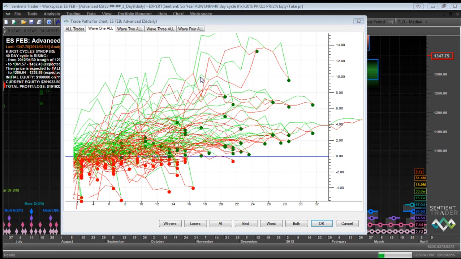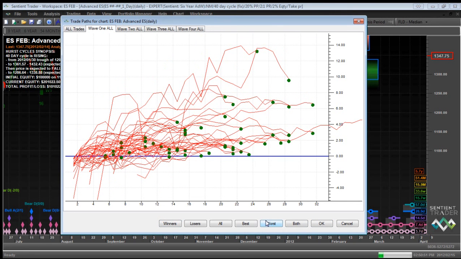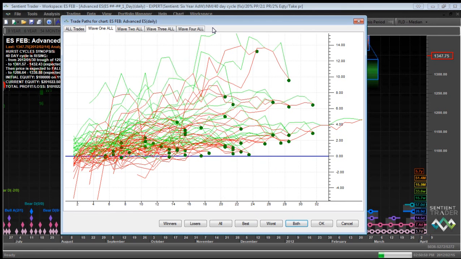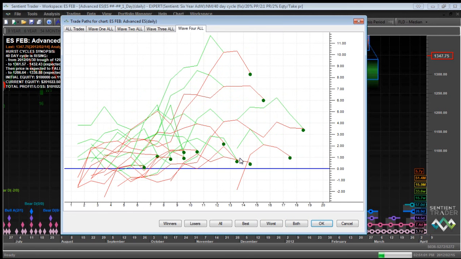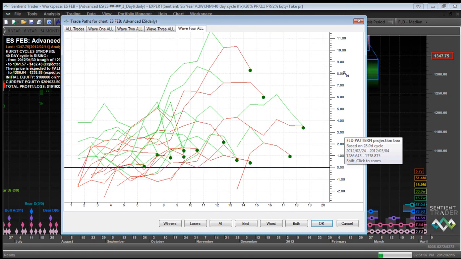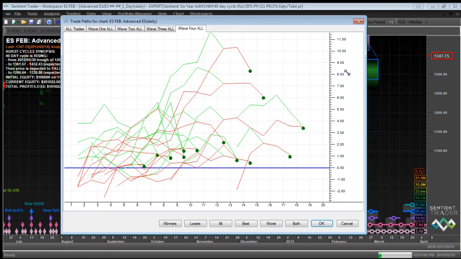And that is why this trade path information is really, really useful, because the answer to those questions is unfortunately not simple. We experimented with putting some trailing stops into Sentient Trader, but the truth is that trailing stops need to be monitored differently depending on which wave you're in and depending on the character of your market. So it becomes very complicated. But using this trade path information, you can do this research for yourself. And let me show you how.